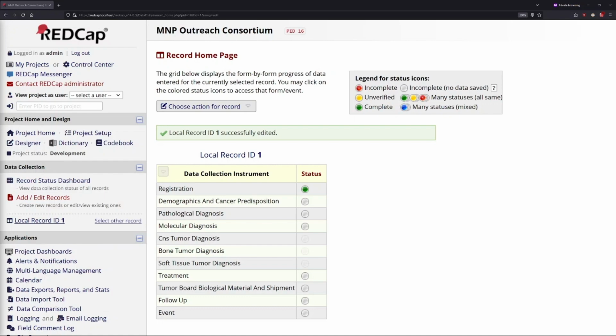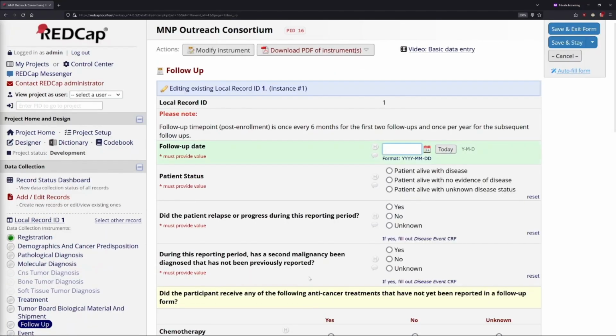This video will go into a little bit more depth on a new type of form that we haven't yet discussed and some other useful features of REDCap. To begin, let's look at this follow-up form. As you remember before, to enter a form, we click on the bubble. So we'll do that. And it's a very familiar form in that we have the same types of fields that